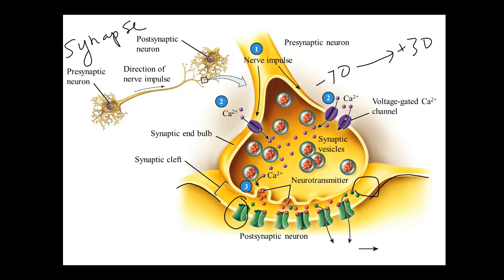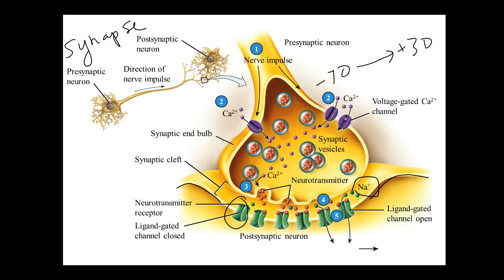When those neurotransmitters get released, they're going to diffuse across the cleft and attach to ligand channels. When the channels get neurotransmitters attached to them, they will open, and when they open, ions can move either in or out. In this particular picture, the ions are moving in, and it's a sodium ion, which will cause us to have